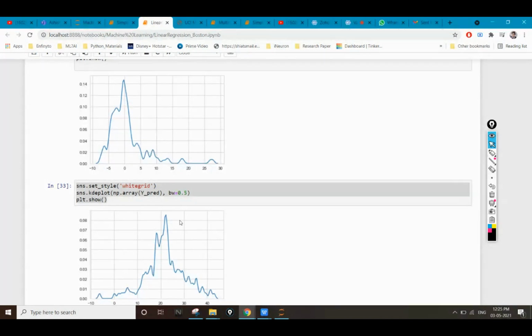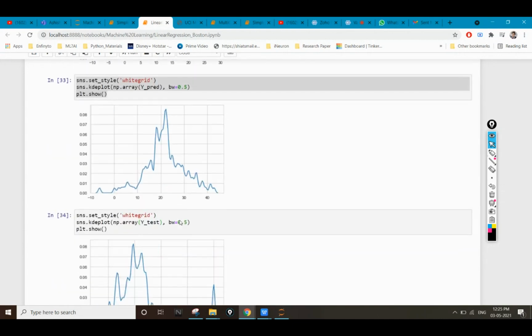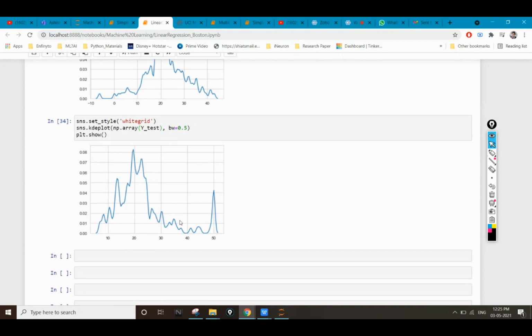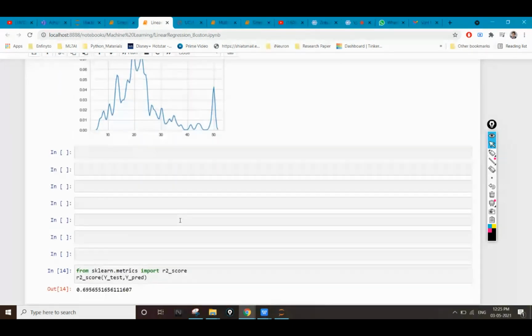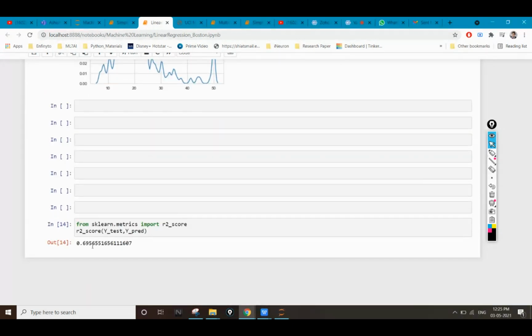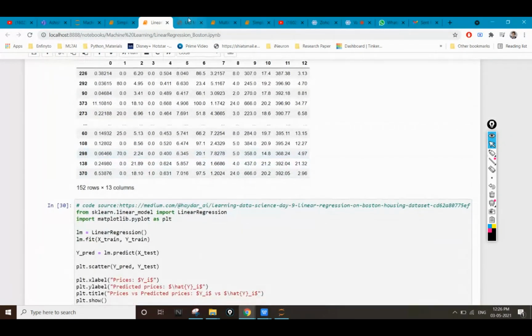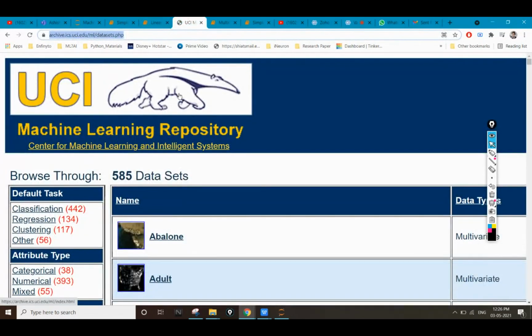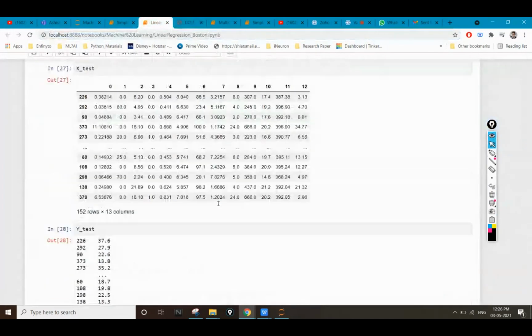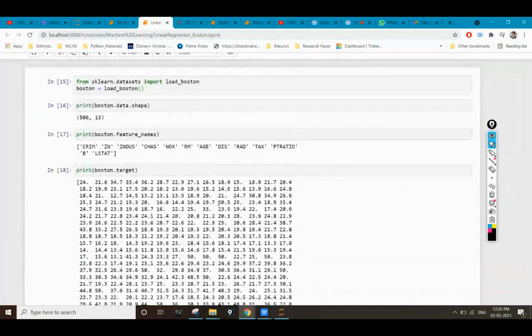And also, I'm going to give you one more data set in the assignment. You can try to follow the same regression concept on that particular data set also. See here, I'm getting an accuracy of 70%, 69.5 means 70% only. So you can take a dataset on your own for practice from the UCI library also. And I will also provide you with some of the datasets in your assignment section.